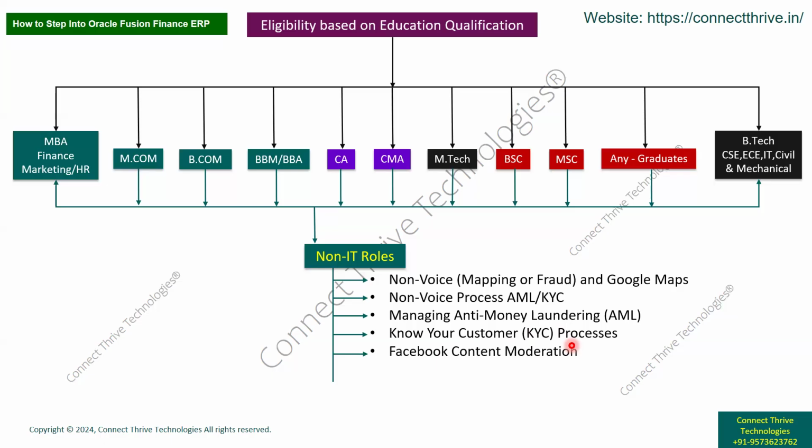This is mainly if you post any data or content on Facebook, they will validate it as per the regulations, the Facebook community guidelines and legal requirements, and whether it follows ethical standards or not, whether the content is harmful for society. They will review and monitor the content we posted in the social network channels, and they will delete it if any content is harmful for society. Like that, these activities they will do.